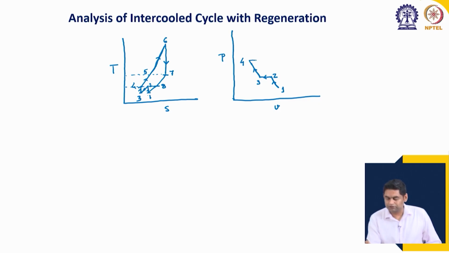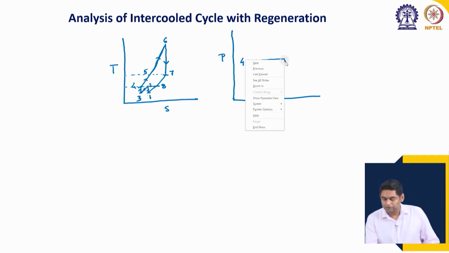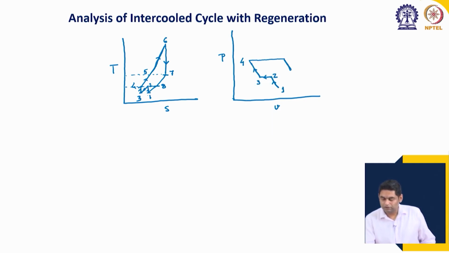Pressure of course remains constant, as the process itself says. So, then we will have the expansion in the turbine. Okay. This we are calling as 6, this is 7,